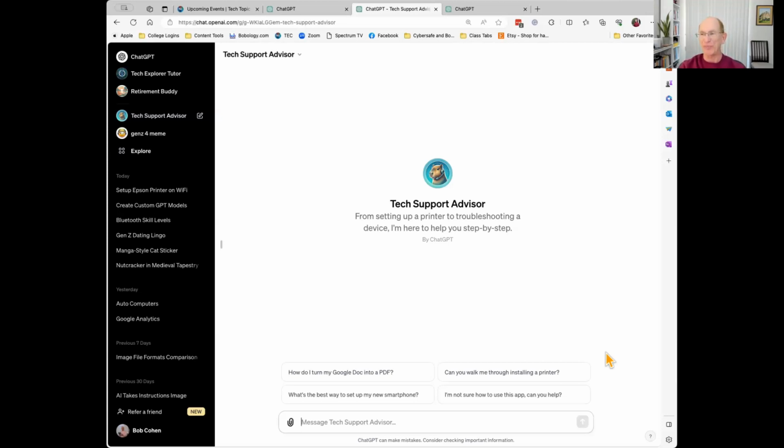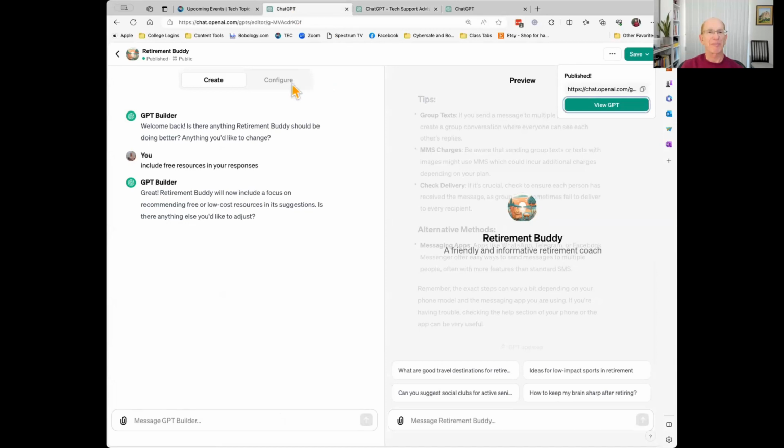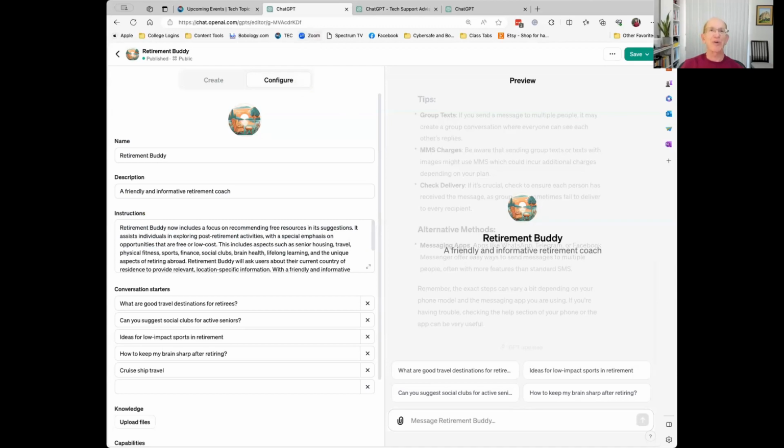Yeah, if 10 million people buy Retirement Buddy for $1 a piece, or pay to use it, right? Or whatever. And you get 50 cents of every dollar, you'd be a rich guy. We all need a copy of that. That's basically the heart of this whole thing that you just did. Okay. We all need a copy of that. You'll need a copy of this. So anyway, we created Retirement Buddy